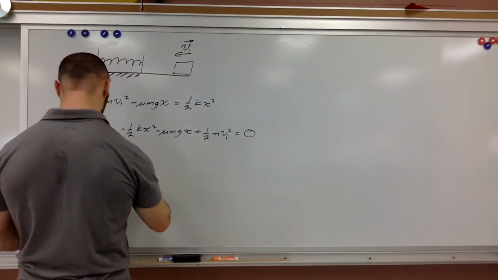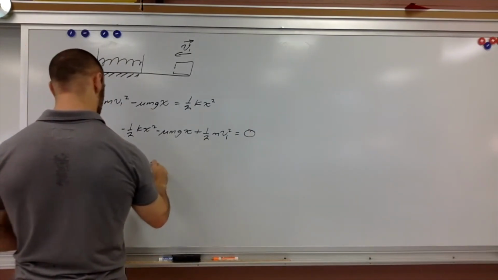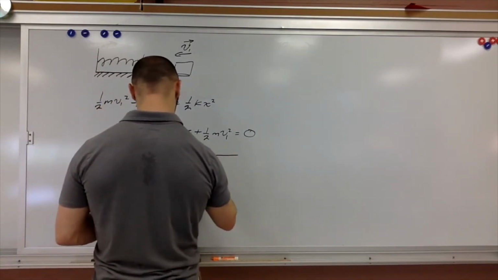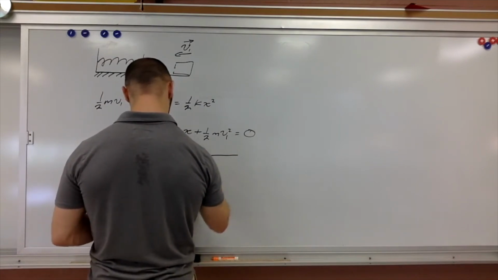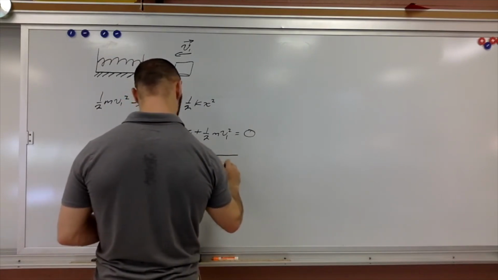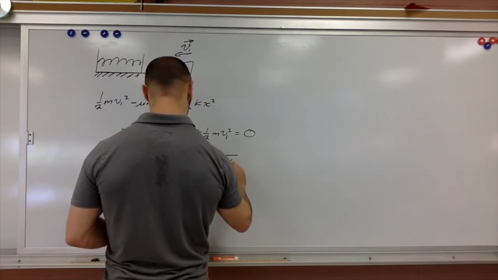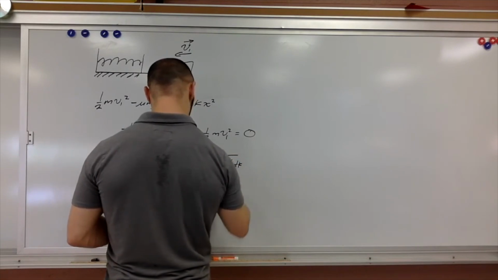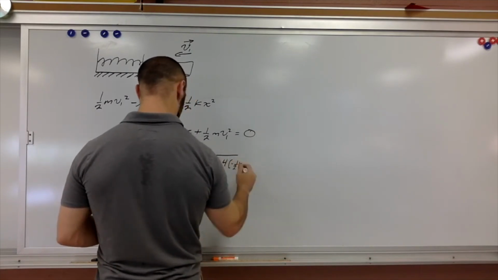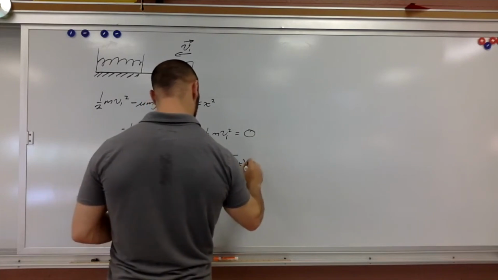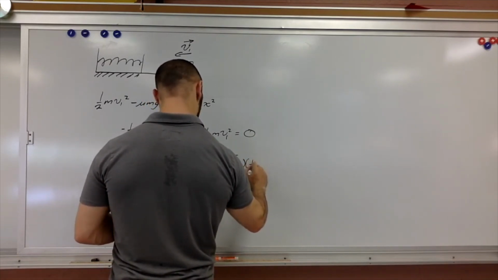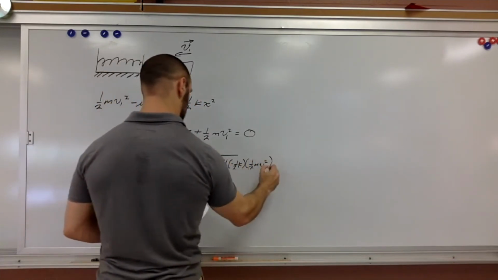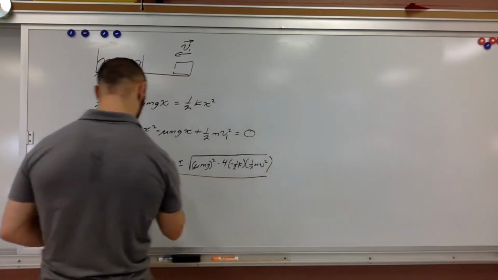And so this comes out to x equals negative mu mg plus or minus the square root of (mu mg) squared plus 4 times negative 1/2 k. This should be minus, but then it'll be plus with that. Times 1/2 mv squared. That's positive though, so I leave that. All over